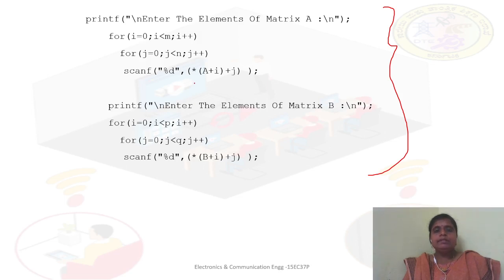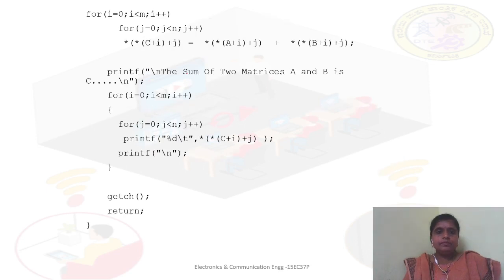In order to take the elements, I am using the pointer. Pointer of a of i plus j, because as already I have explained, you need to go from one value to the next value. That is, you are going to go from one continuous memory location to the next, so that's why we can easily do it by using pointers. Then later, in order to print, I use a pointer to a pointer. This also I have explained while explaining the algorithm. Then later, in order to display the result, we again use nested for loops to display your result in your console.